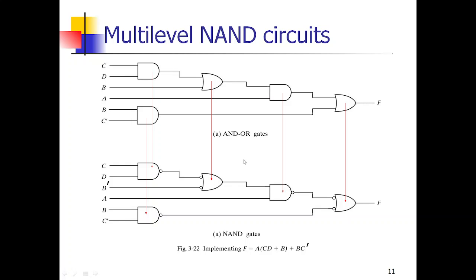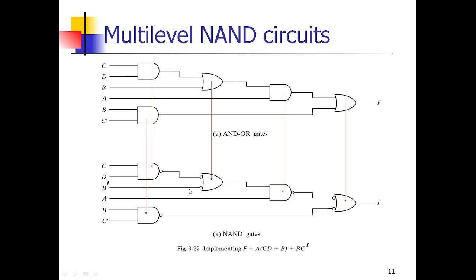And the next step, the third step, we have to check with the bubbles. See here, here is a bubble, here is a bubble. If you are having a double bubble, then it gets compensated. There is no problem, it gets compensated. Here also, here is a bubble, here is a bubble, this gets compensated. Here is a bubble and here is a bubble. So in the same line, if two bubbles are there, then it gets compensated.